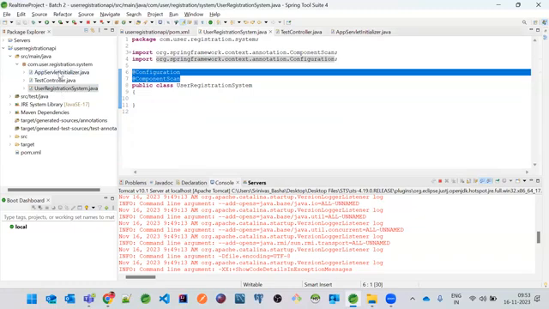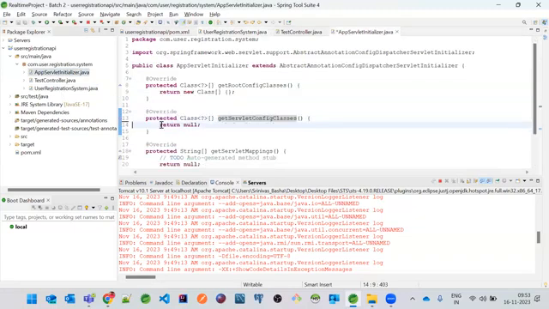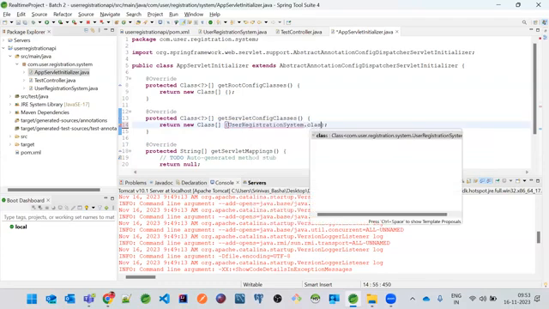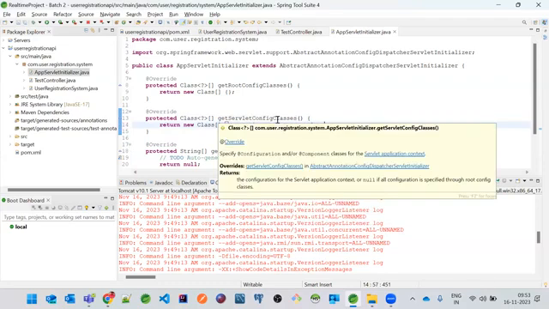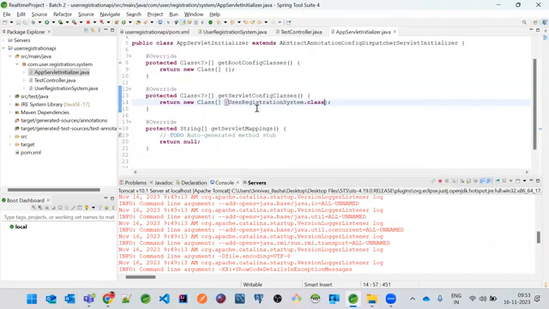Okay. Now the next thing here is a new class. What is our main configuration class? Here, you can see that the getServletConfigClasses method is nothing but our configuration class, which has @ComponentScan. We need to provide that inside this one, which is something called UserRegistrationSystem.class.